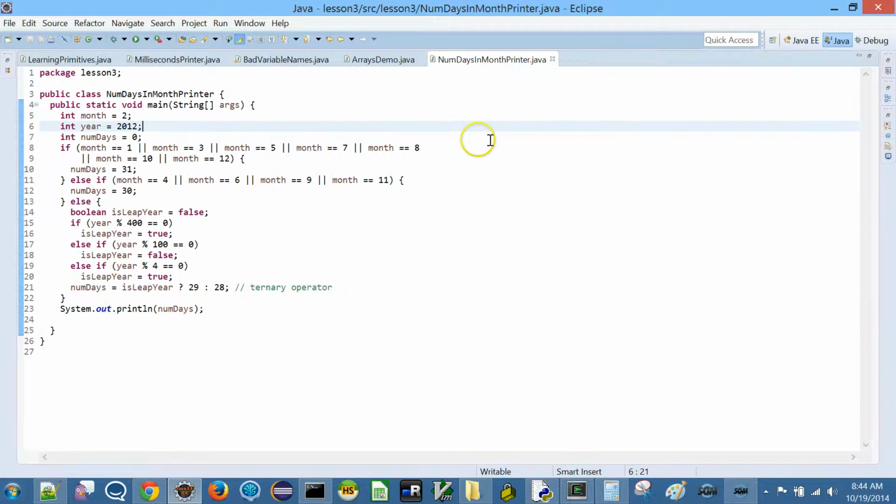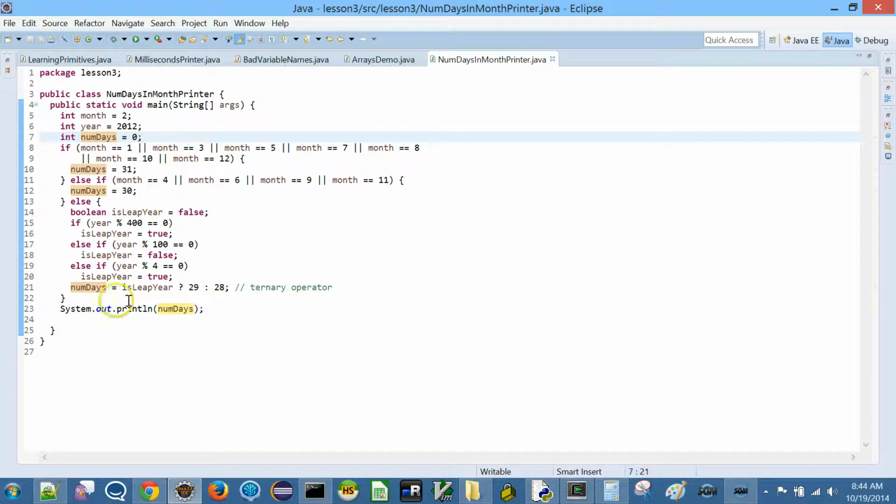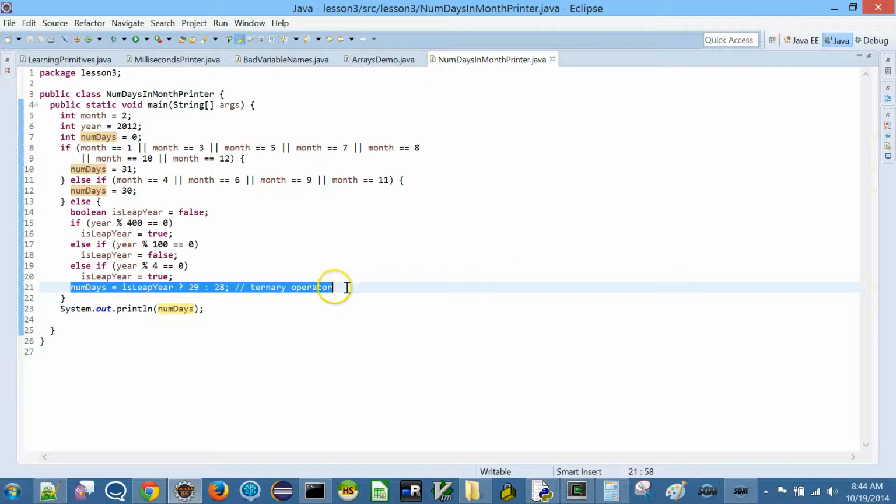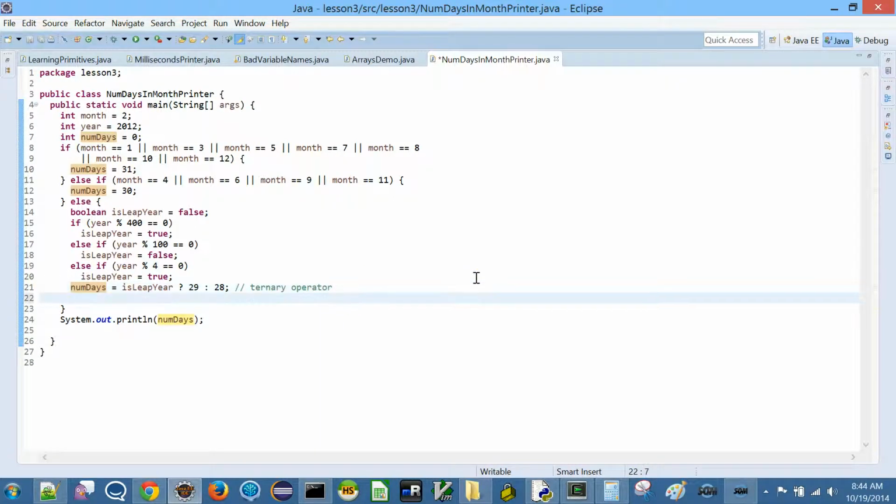And then I pressed Ctrl Shift F. Now let's see this. We have some int month and int year given to us, and then we need to get the number of days, and we just went through all these steps. Now let me illustrate this step. If we don't use the ternary operator, then our code is going to look like this.